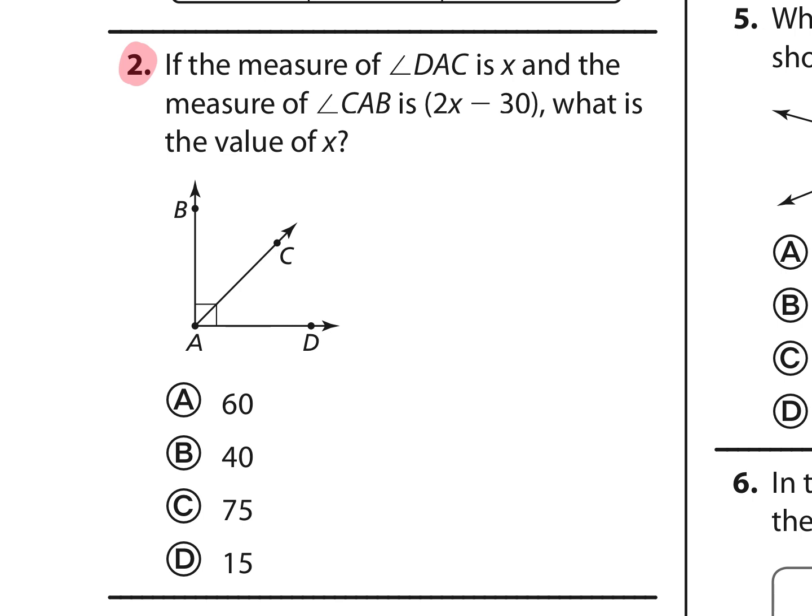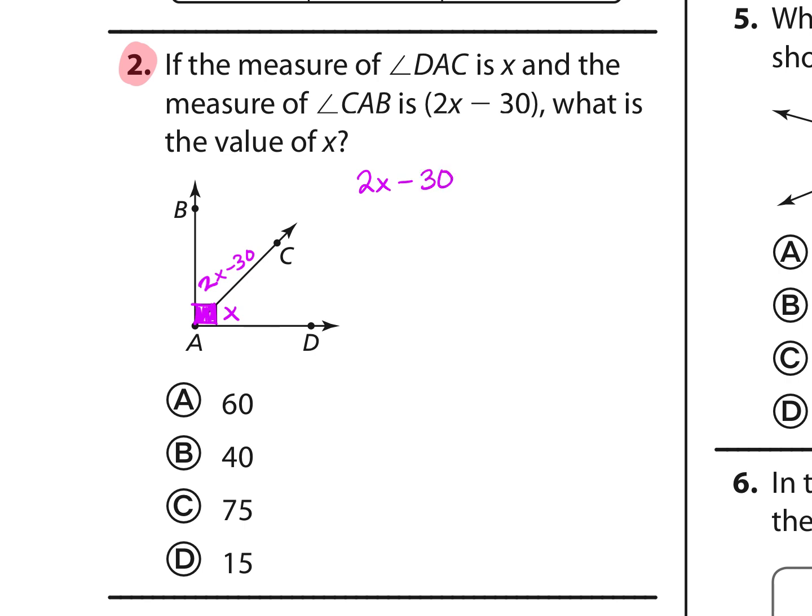Number 2, if the measure of angle DAC is x, and the measure of angle CAB is 2x minus 30, what's the value of x? Well, to get x, we need to set up a relationship between these two angles. And right off the bat, you notice that they have this 90-degree angle in common. And so I'm going to set them in